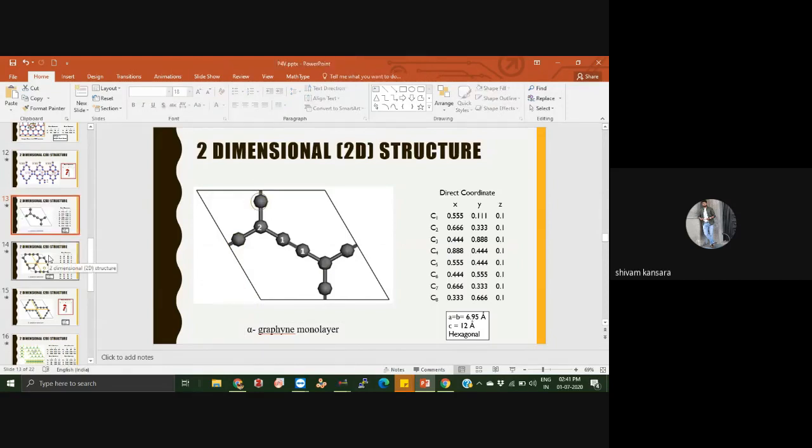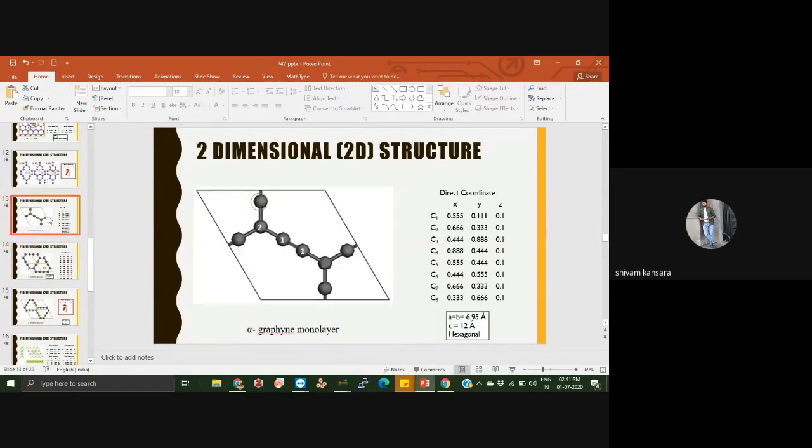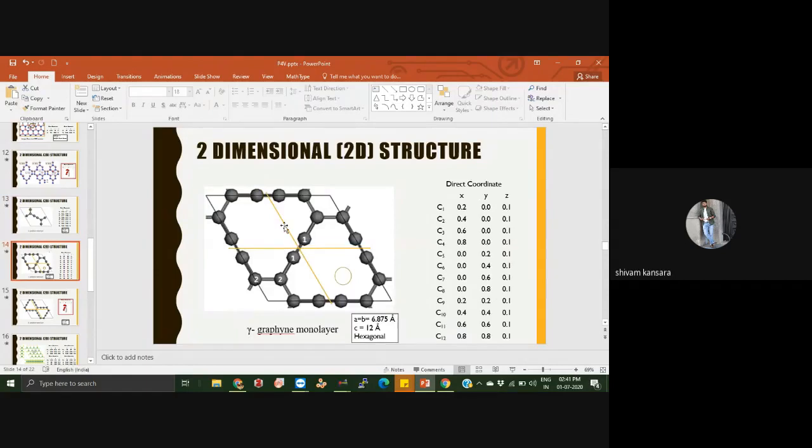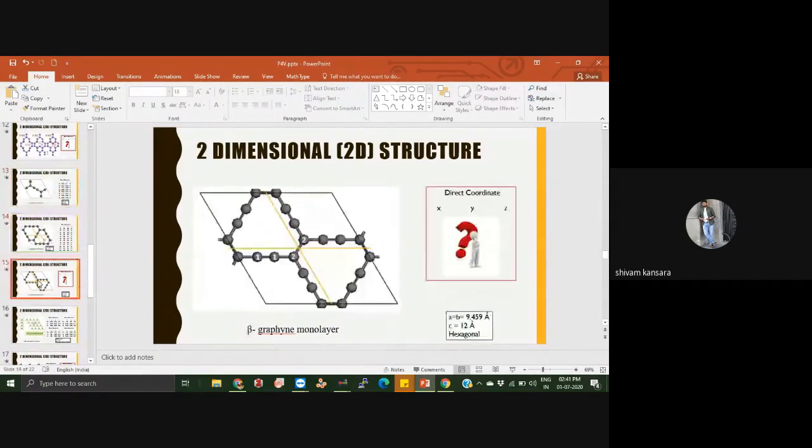First of all, before making the structure, we have to be clear about the visualization of the structure. Before using P4VASP, first of all clear all the things. If you don't know how to clear all the things, draw this kind of line and divide it into 10. So you can capture the idea easily, because we have taken this left side as 0 and this right side as 1. Now this is alpha, this is gamma, and this is beta.